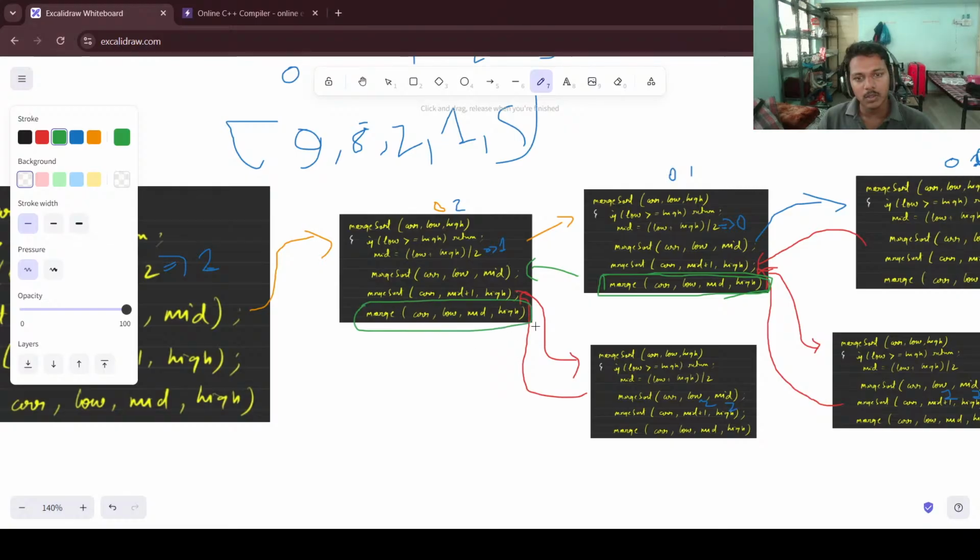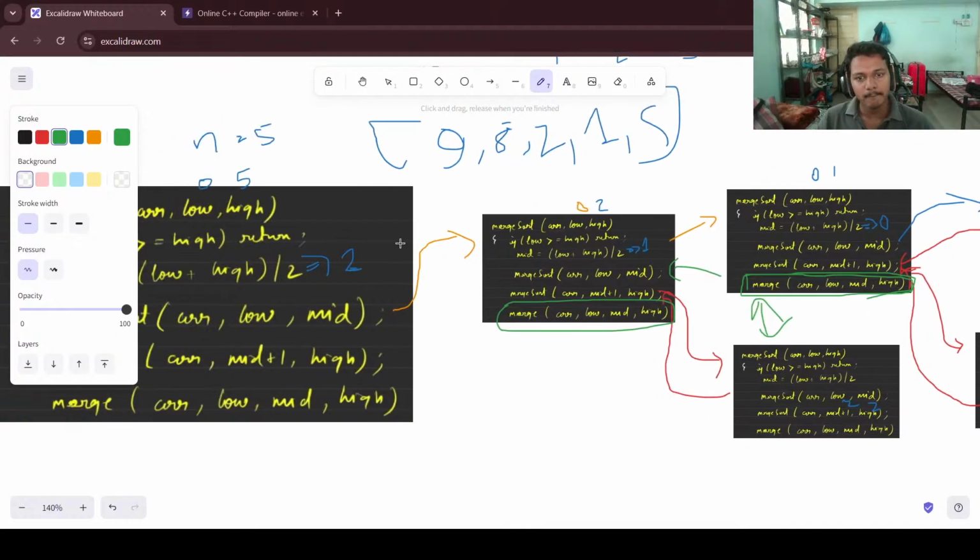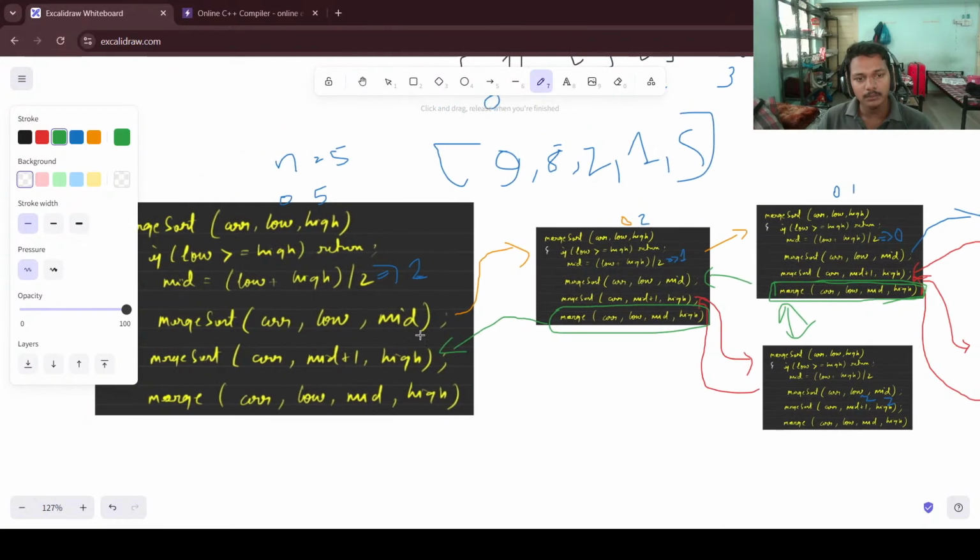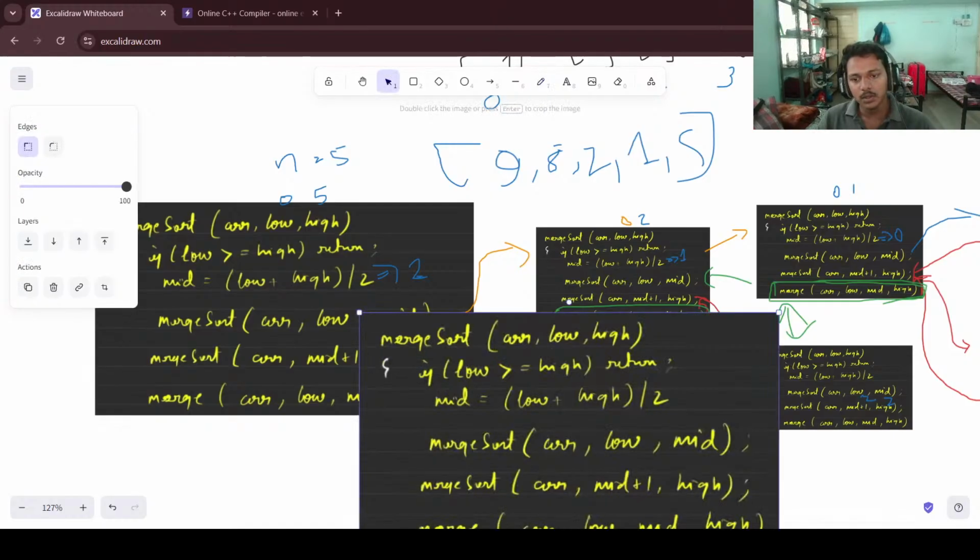रिटर्न हो गया, तब परफॉर्म होगा इन दोनों का, इन दोनों का। अब रिटर्न होगा यहाँ पे। अब ये वाला कोड पार्ट एग्जीक्यूट होगा।